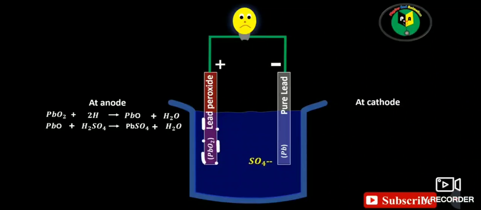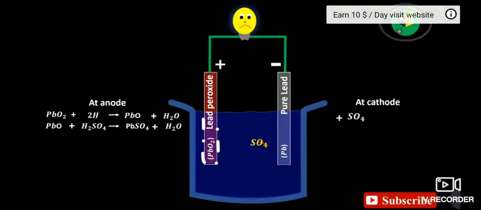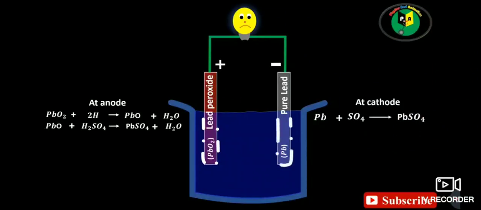Each sulfate ion moves toward the lead plate and, reaching there, gives up 2 electrons and becomes radical sulfate. As the radical sulfate cannot exist alone, it attacks the metallic lead and forms lead sulfate, whitish in color. As positive hydrogen ion takes electron from the lead peroxide plate and negative sulfate ion gives electron to the lead plate, there would be an inequality of electrons between these plates. Hence there would be a flow of current through the external load between these plates for balancing this inequality of electrons. Or we can say that the potential difference is created between these plates.